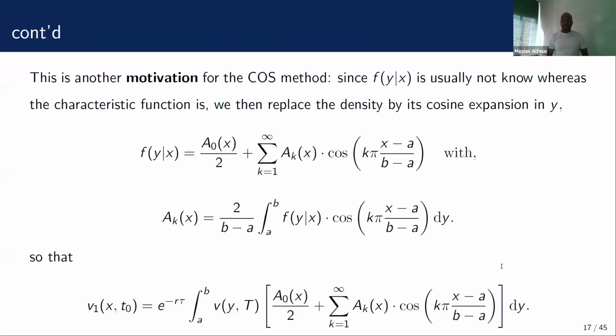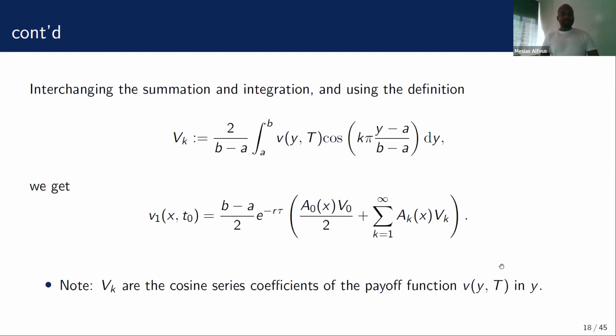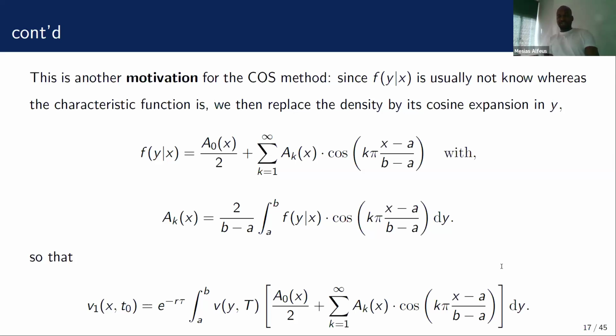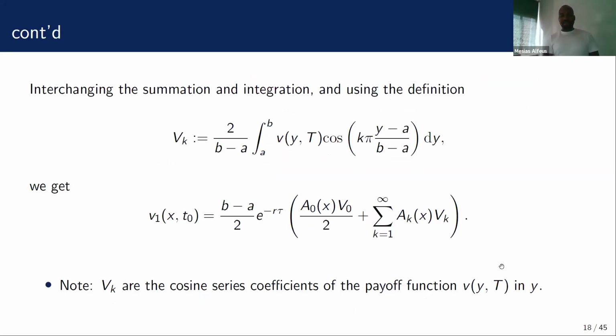This is what we get because we have done the truncation and substituted f there. Now if we interchange the sum and the integral, we distribute this integral of v(y,t) inside the square brackets. If we denote Vk by this integral,